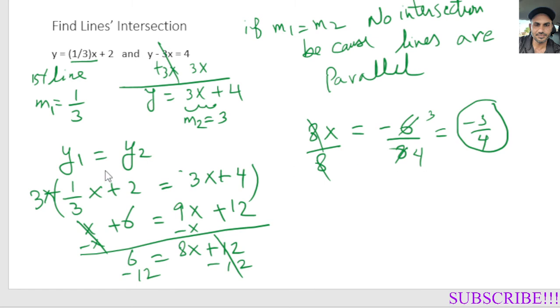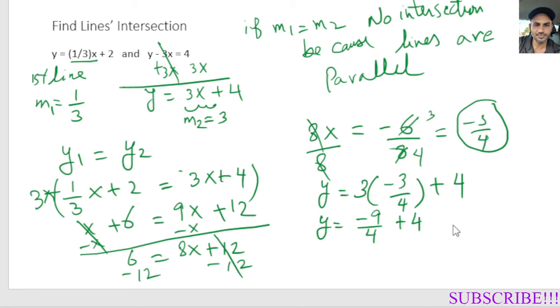Now to find the y value, we can take this x value and plug it into either the first equation y1 or the second equation. I'm going to plug into this one. So y equals 3 for x, I'm going to put -3/4, plus 4. And then you go ahead and solve for it. So 3 times -3 is -9/4 plus 4. So you go ahead and take the common denominator. It's 4. This is -9 plus 4 times 4 is 16. So you're left with